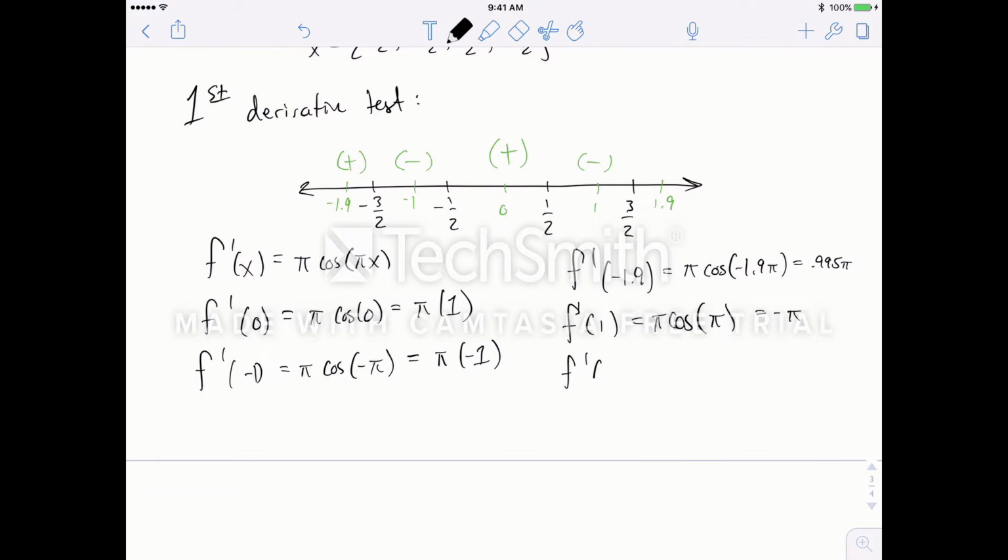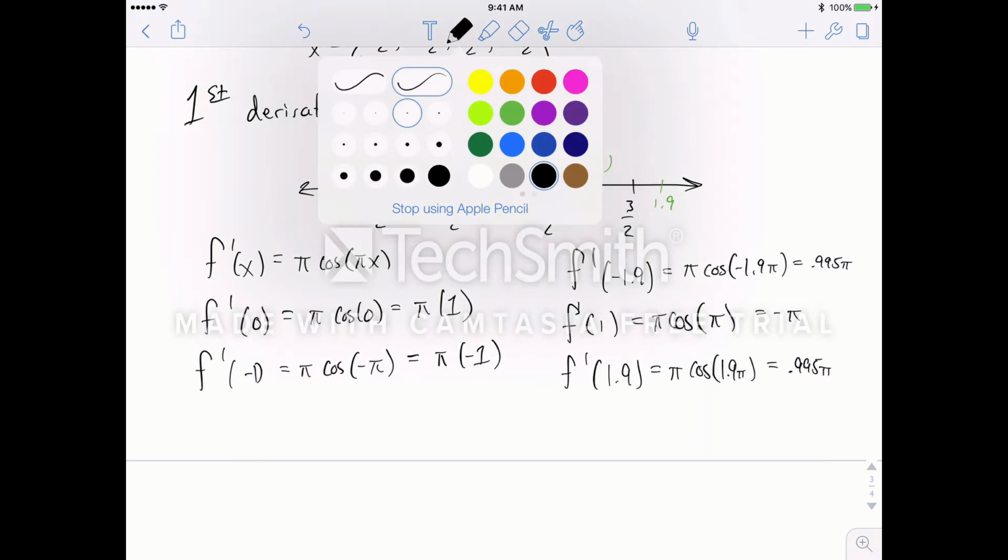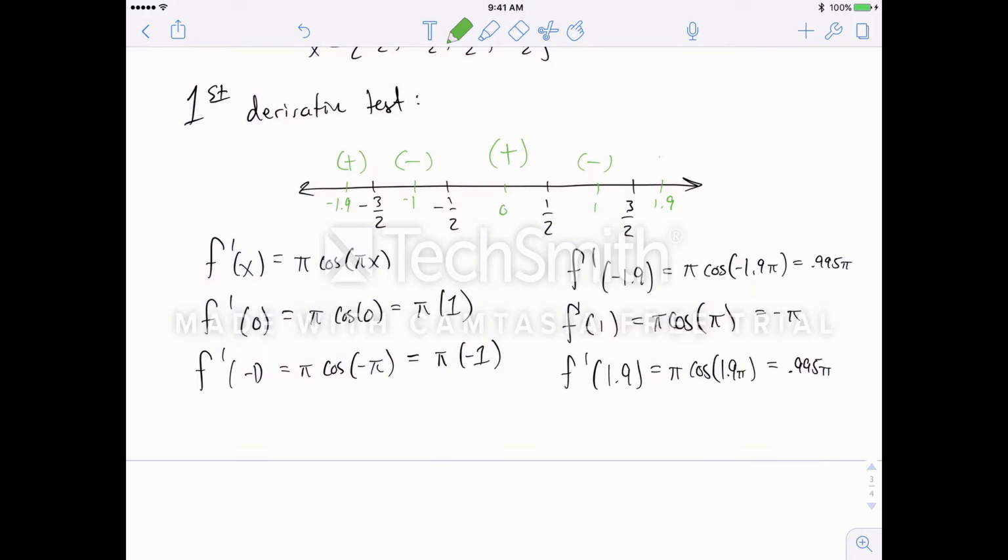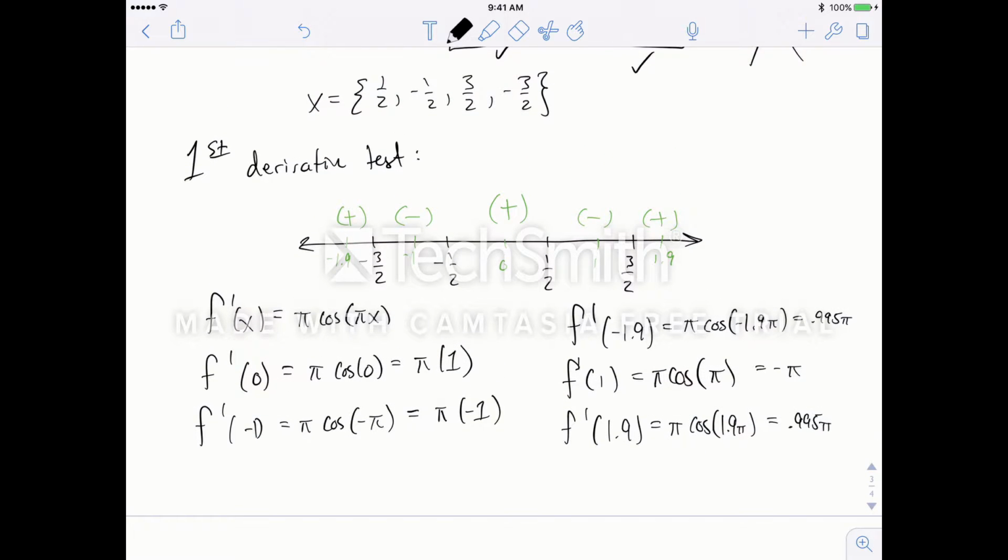And finally, f prime of 1.9, which is pi cosine of 1.9 pi, which is also approximately 0.995 pi. Since cosine is an even function, you get this nice symmetry. And so we have positive over here. So now we're ready to use the first derivative test to determine which one of these is a local max